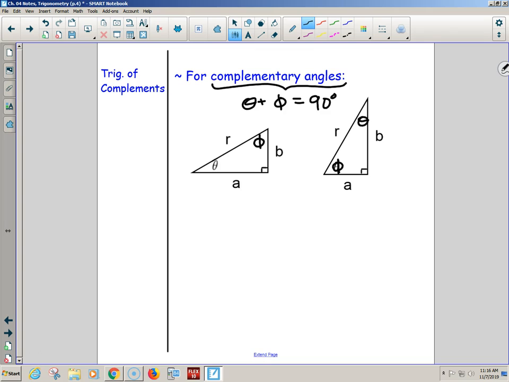And if this one's 90, what do these two have to always be? 90 also. So if these two add up to be 90, if that's theta, this has to be phi. So if this is phi, that has to be theta. Oh, hey, so they're the same triangle, just kind of flipped? Yes. So since this guy has A, B, R, this guy has to have A, B, R, where the shortest angle is across from the shortest side, wherever he falls. Wait a minute, hold on, no. This wouldn't be A, what would it be?